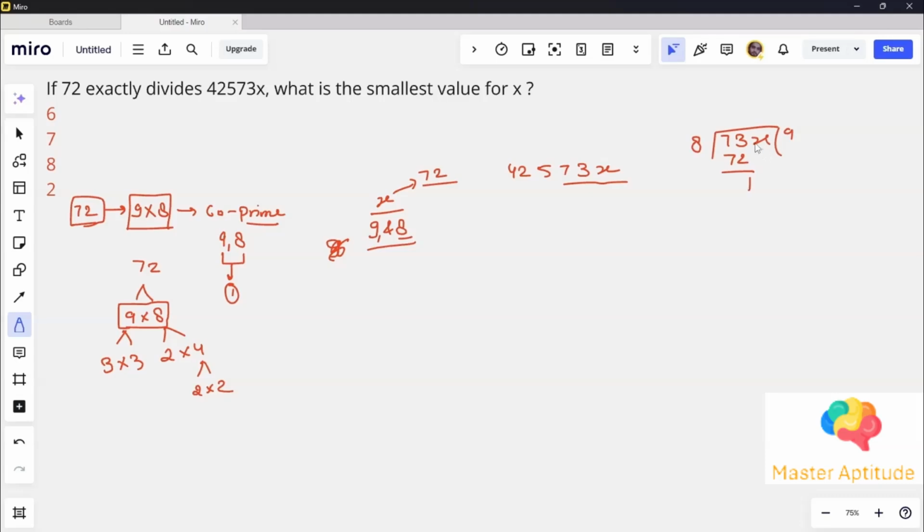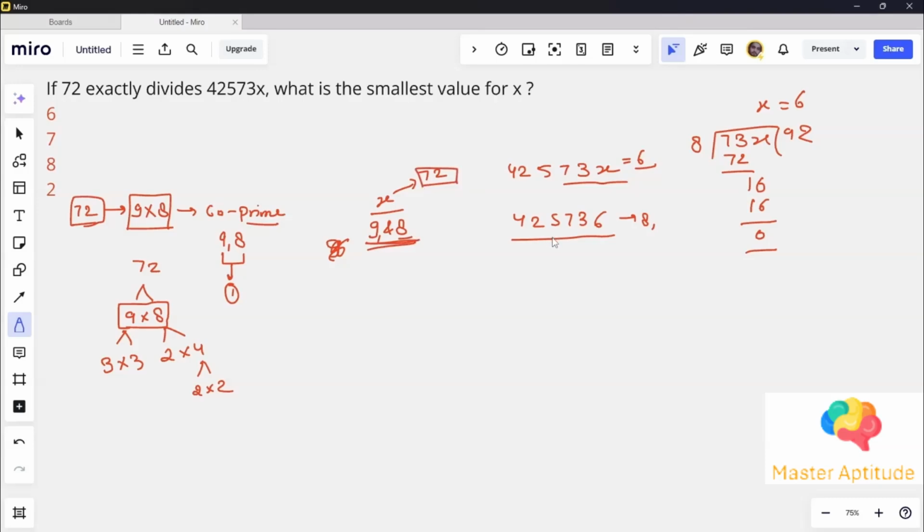So what value of x can I take so that 8 can completely divide that number? I can take the value of x as 6. So 8 2s are 16, it will completely divide. So if you put the value of x as 6, the number will be 4257336. It means this number is completely divisible by 8. But let's hold on. What I told you is that the number should be divisible by both. If the number is divisible by both of these numbers, that particular number will also be divisible by 72.